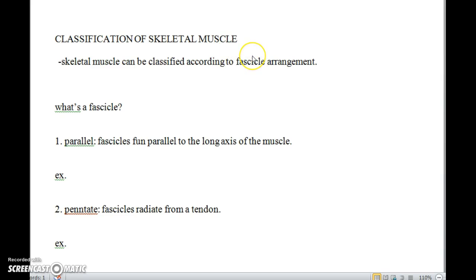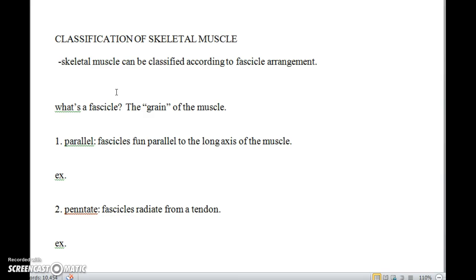And we defined this a little bit differently at the beginning of the chapter. It comes from the arrangements of the muscle cells. But just for right here, what's a fascicle? Well, that's what the fascicles are. I should have made that plural. The fascicles are like the grain of the muscle, the lines that run through a skeletal muscle when you